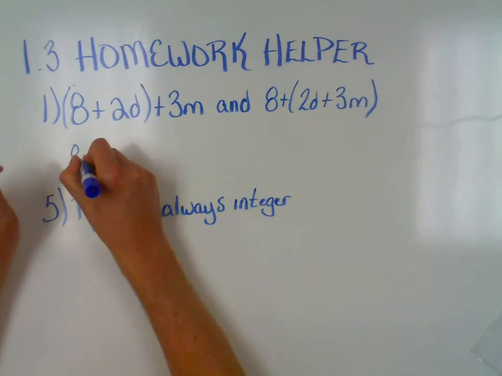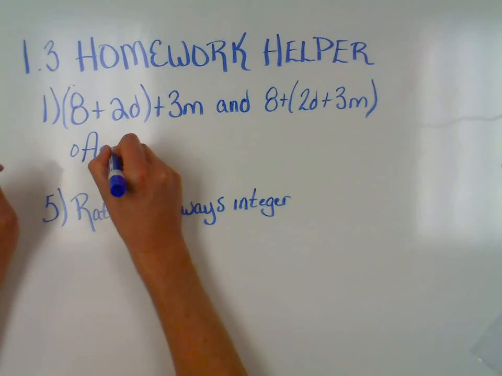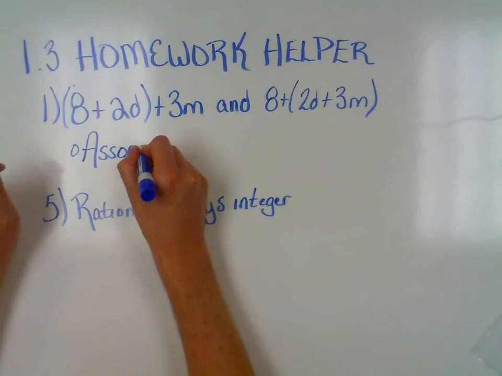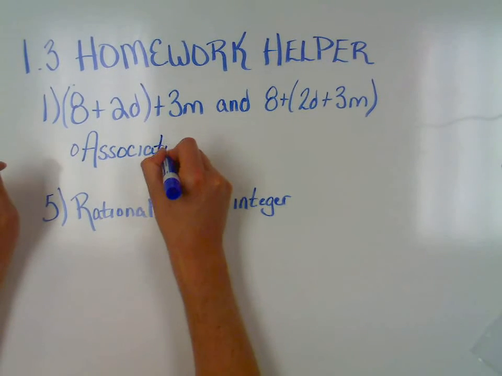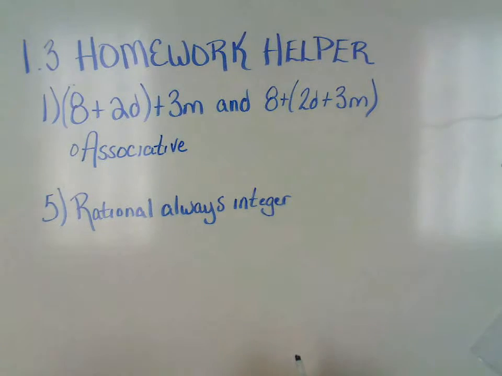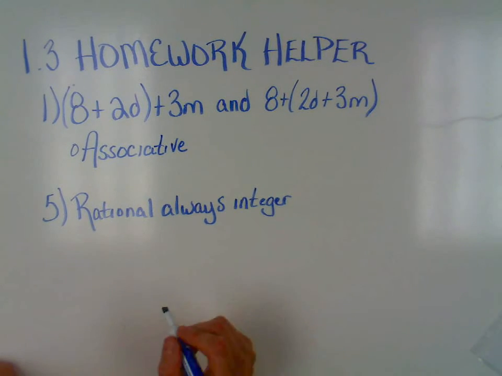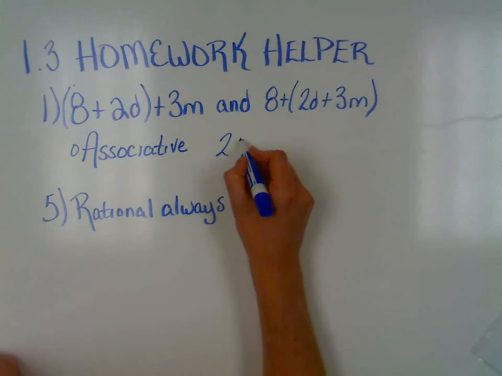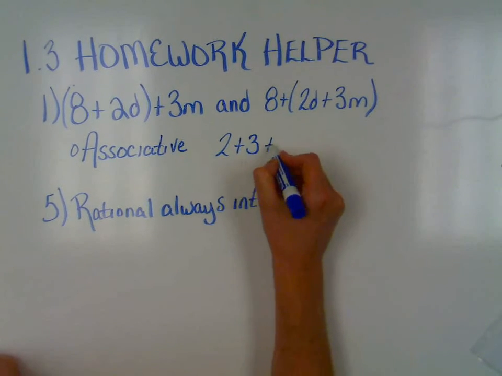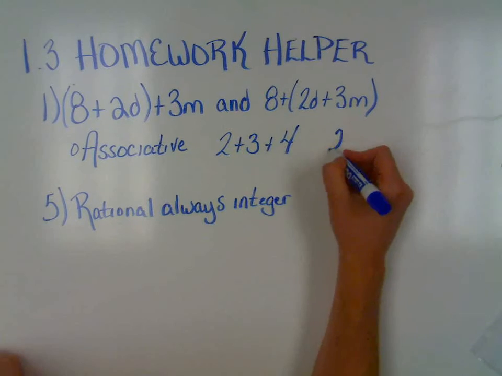Remember, that's called the associative property. The associative property, that's really what it says, is that I can move parentheses around and it doesn't change my answer. Let's think about this just in terms of numbers for a minute, and then I'll come back to answering the question. If I said 2 plus 3 plus 4, and 2 plus 3 plus 4,